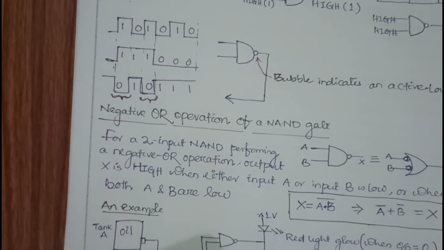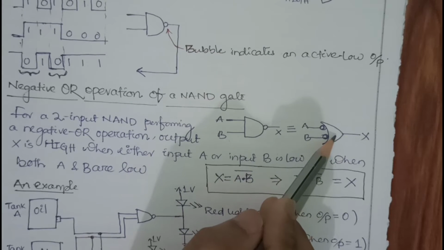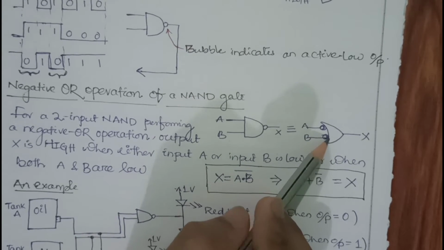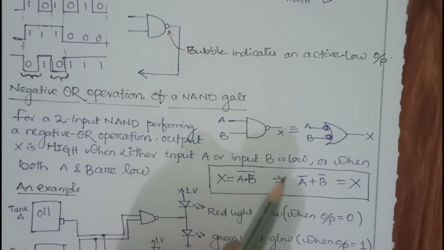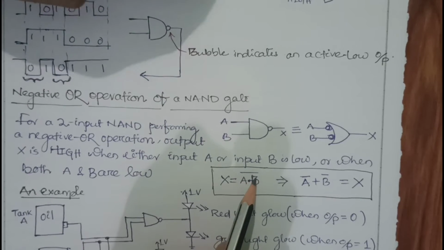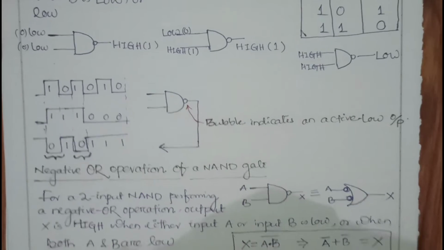There is a second representation of the NAND gate, which is called negative OR. It means it is ORed, but the inputs first become negative by applying a bubble before them. So this is A dot B bar. You know this representation because A dot B is my AND gate, and since a NOT is applied, that is called NAND, A dot B bar.